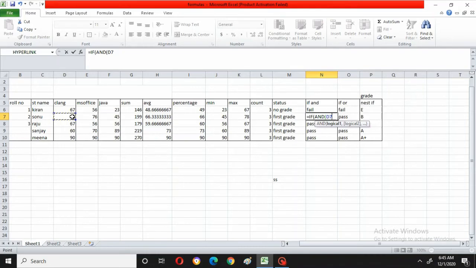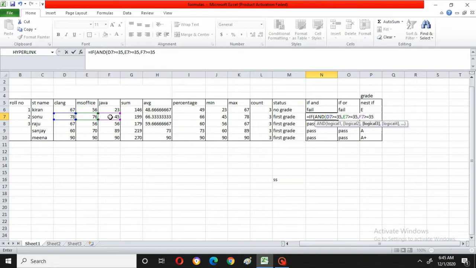What I want to check is, greater than or equal to 35, and another number is E7, this number also greater than or equal to 35, comma, and which one, F7, Java marks, greater than or equal to 35.